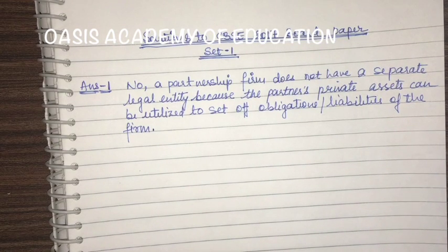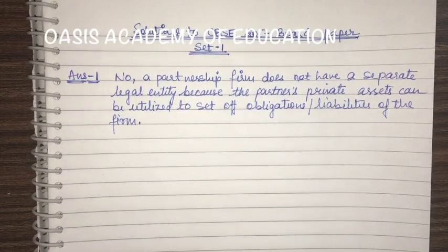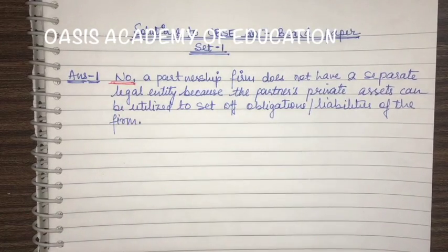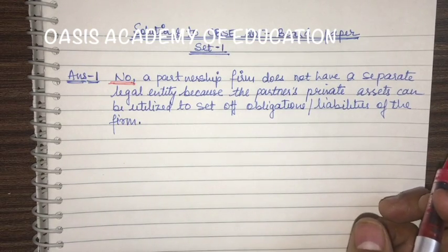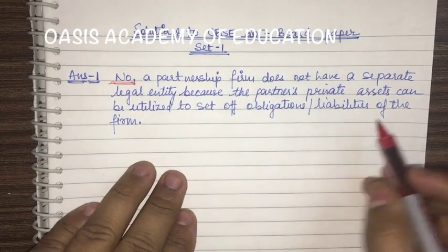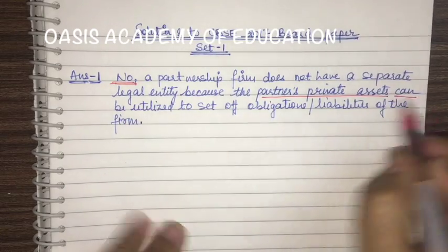Now in this question, the main parts that will be judged, the main segments which will be checked, is the first reply, that is your first indication that no, a partnership firm does not have a separate legal entity, and the second part is going to be the reason, that is, partners' private assets can be utilized,